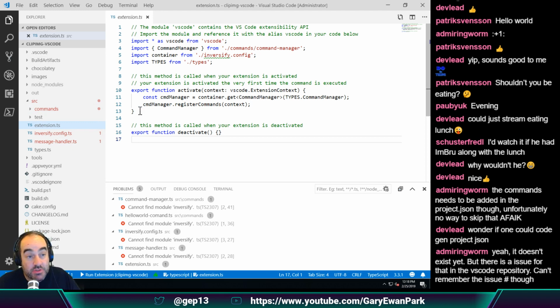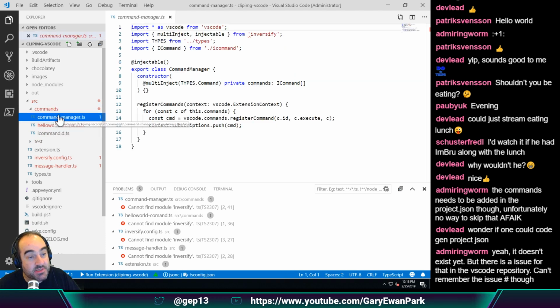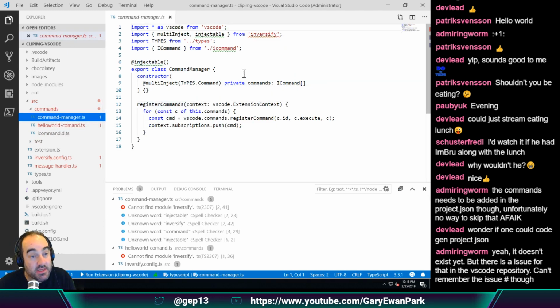What we spoke about before, we're using this concept of a command manager class, and that command manager is going to be responsible for registering all the commands that we have. Right now in this code base, we only have a single command, but that's fine. So Kim's then went into, so this is the command manager. So what we're doing here is